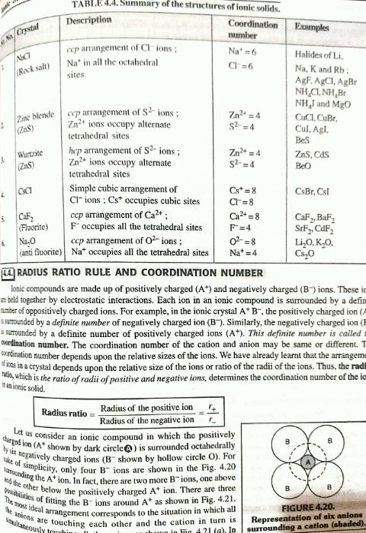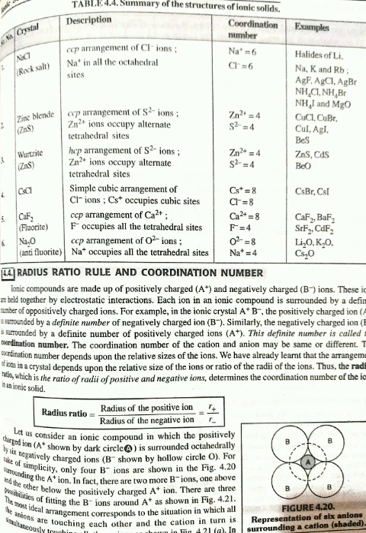The coordination number of the cation and anion may be the same or different. The coordination number depends upon the relative sizes of the ions. We have already learned that the arrangement of ions in a crystal depends upon the relative size of the ions, or the ratio of the radii of the ions. Thus, the radius ratio, which is the ratio of radii of positive and negative ions, determines the coordination number of the ions in an ionic solid. Radius ratio is equal to the radius of the positive ion upon the radius of the negative ion,